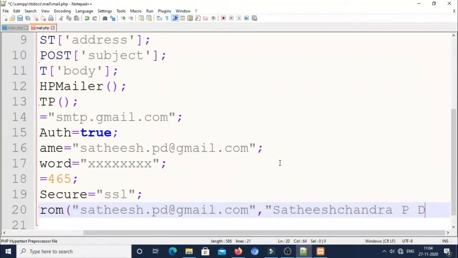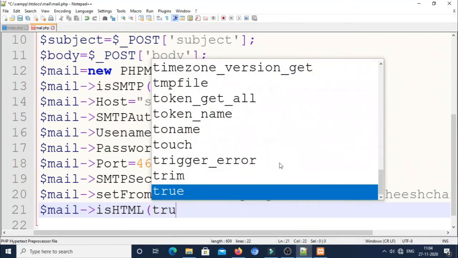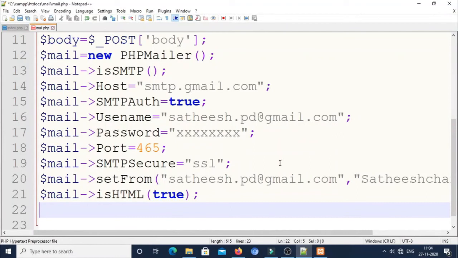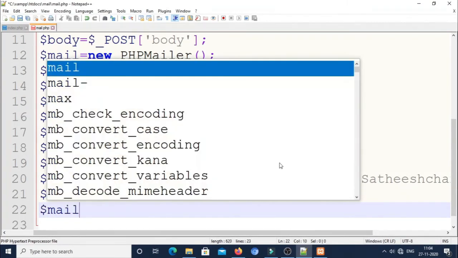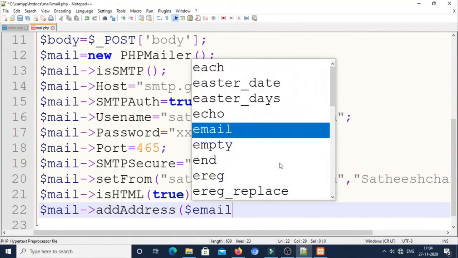Alright, so next you should specify on $mail that you want to send as HTML, you can specify $mail->isHTML, because I want to send the mail in HTML format. Next you have to specify the recipient address. You can add it by addAddress. Once again it takes two arguments, the email address and the username.